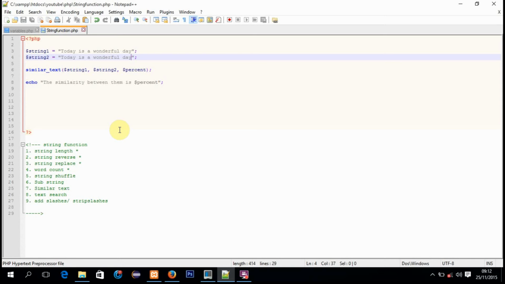Now let's go for the next one, which is text search. Text search is used to search for a text within a string. If, for example, we have only string 1 here and you want to search for a text,